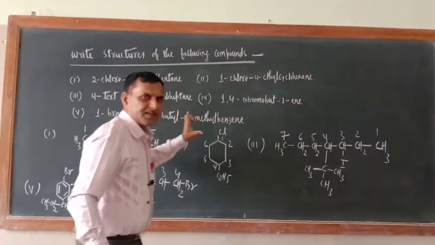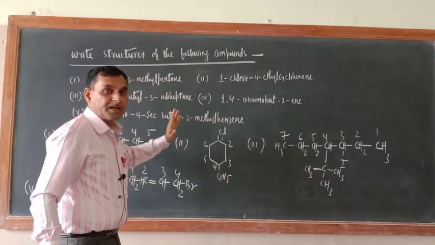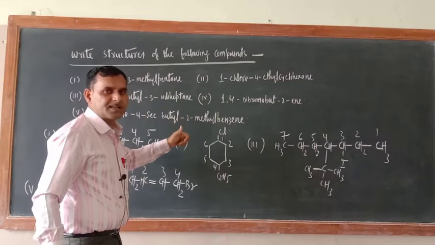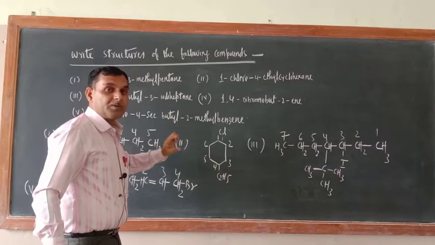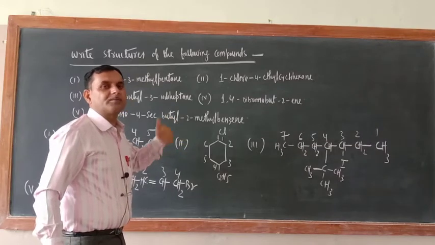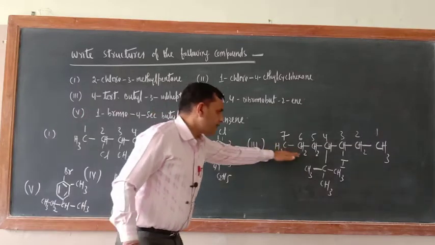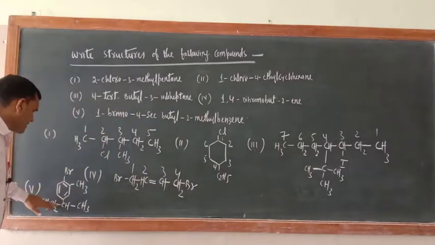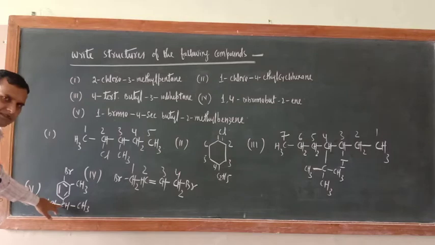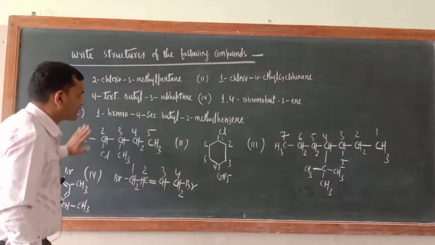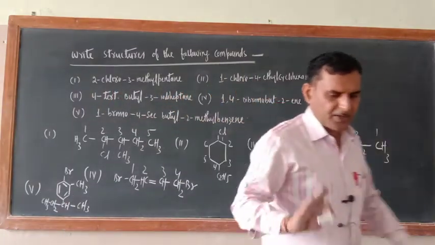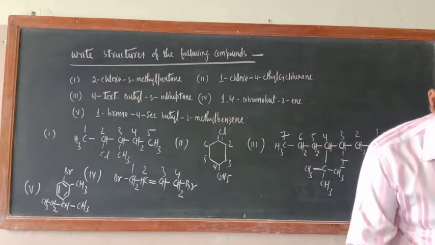That is the difference. And last year I taught you what is the meaning of secondary butyl and what is the meaning of tertiary butyl. Okay, tertiary butyl means a 3-degree carbon atom should make a bond with the principal chain. Secondary butyl means a 2-degree carbon. So this is a 2-degree carbon atom. Okay, so I hope that you understood this is the structure. In this way IUPAC nomenclature is completely completed.